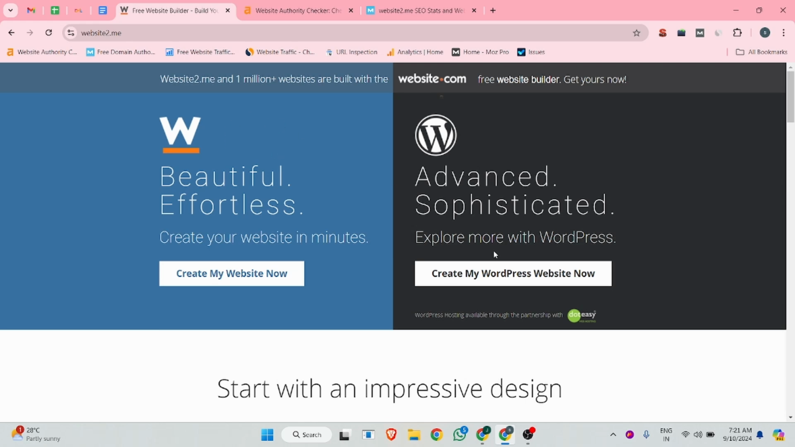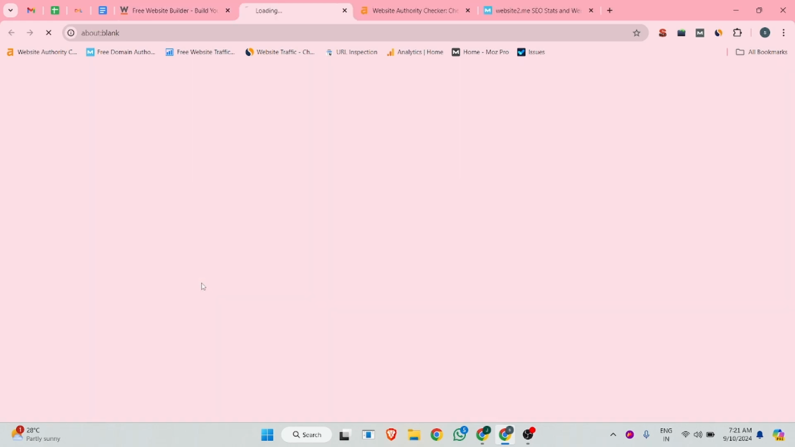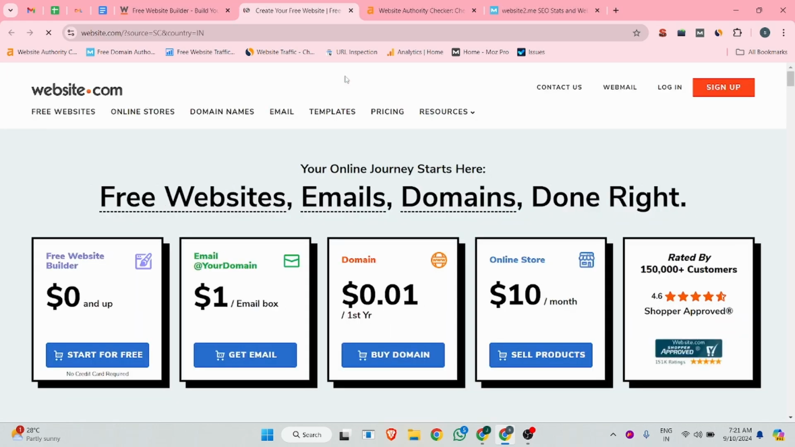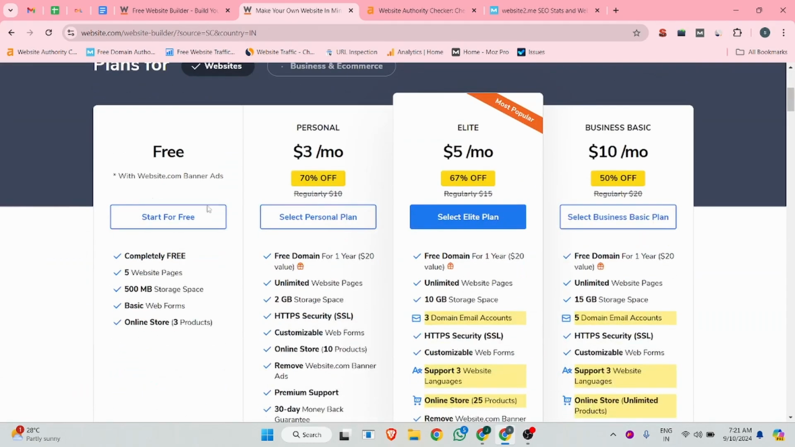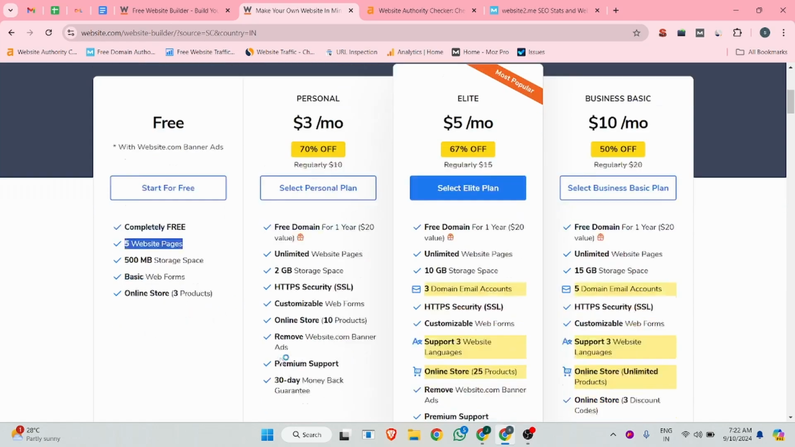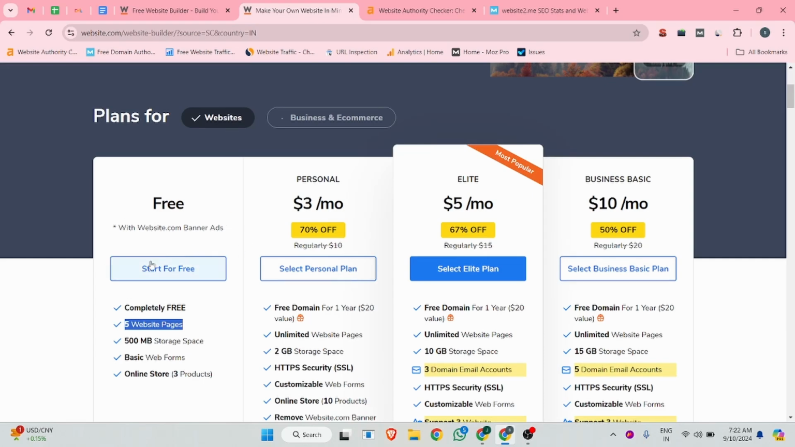Okay, so now we can start. First thing, you can click on create my website now. There are multiple options, but you can proceed with start for free. And again you can choose the free option. In the free option you get a completely free website, 5 website pages, 500 storage, basic web features, and an online store with 3 products. So these are the features on a free account. You can click on start for free